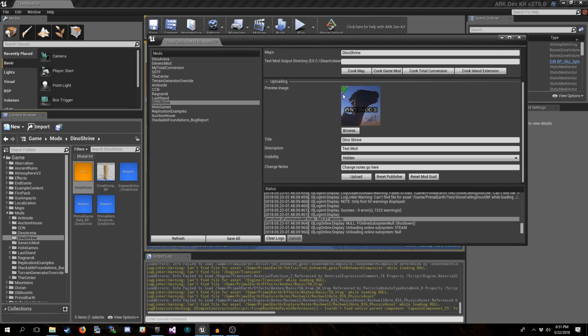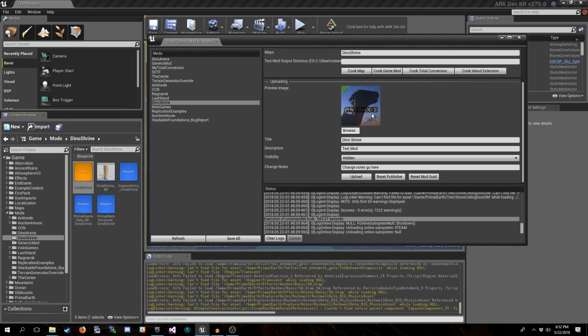So first of all, there's a preview image. There are some limitations on this. Keep it low in size, and what did I have for the file size? Give me just a second here. Okay, so this image is 90 kilobytes, and it is 256 by 256. So keep it small. It's just going to be the preview image. And then you can upload your own screenshots for more in-depth stuff once it's actually uploaded on the workshop.